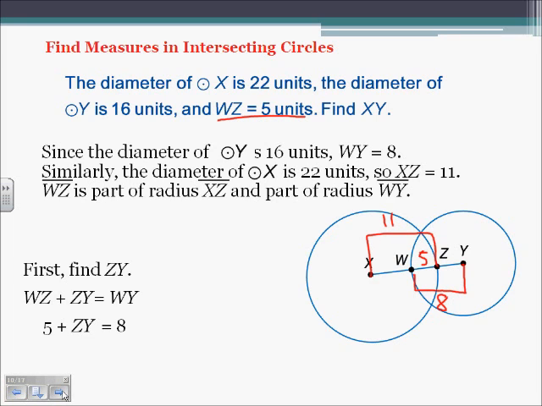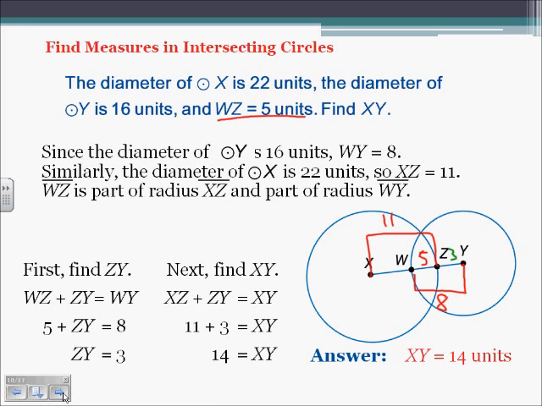So solving for ZY, we know that's going to be 3 units long. So now we know ZY is 3 units. We can use the same process to find XW. We know that XZ plus ZY is going to be equal to XY. So we're going to have